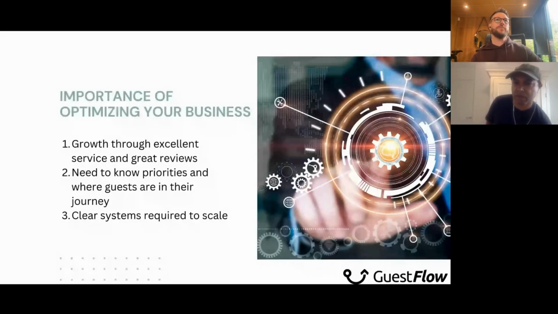Yeah, absolutely. And then if we dig into some of the pain points as you scale, one of the big things is needing to know exactly where every guest is in their journey. And when we talk about a guest journey, very high level, the point of booking is the start of that journey. Okay, what do you need to do? What do you need to communicate once you receive that new booking? What do you need to do before they arrive?